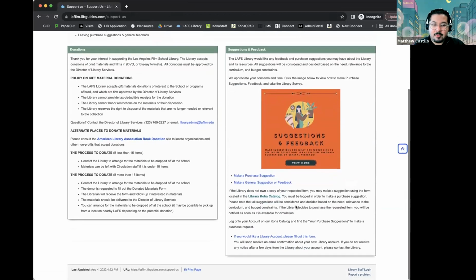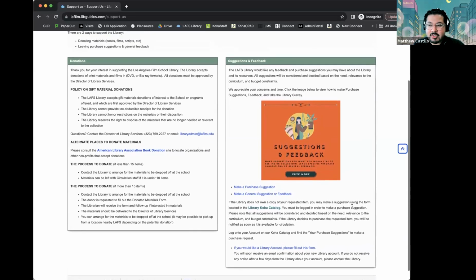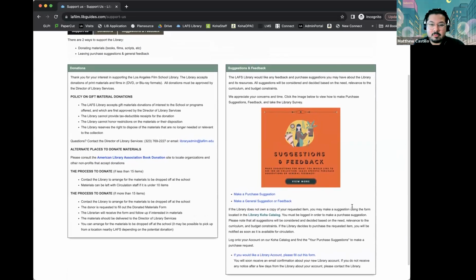We love getting your feedback, whether it's a purchase suggestion or just general feedback on things or services you'd like to see in the library. Please let us know. It really helps us out. And if you would like to donate things, we do accept donated materials like movies, books, games, and scripts. So if you'd like to do that, you can contact us here at the library